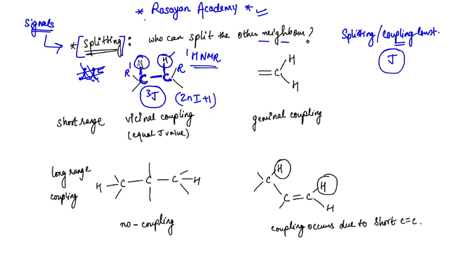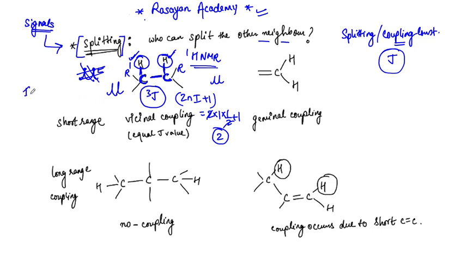So let's see. There is only one hydrogen over here, so 2 into 1 into I value, which is half for our protons, plus 1. This is going to give us how much? This is going to give us 2. So this hydrogen is going to split the peak of this one into a doublet. So we are going to get a doublet over here, 1:1 in intensity, and the same is going to be for this hydrogen. So the adjacent hydrogen is going to split the peak for this one into a doublet as well. Okay, so this is how the splitting happens. Very easy concept this is, guys.